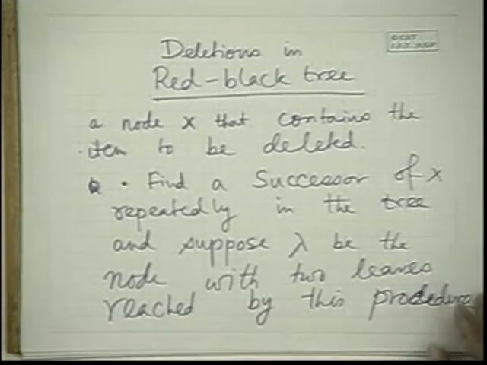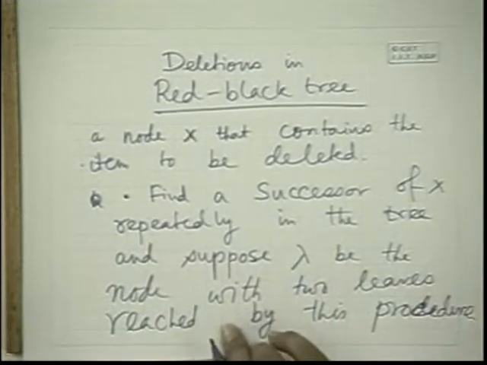So that's the first thing we do. Now we'll start our movement upward in the tree from this node onwards. We'll delete this node now, and we'll take care of all the properties of the red black tree. So pictorially it means, suppose